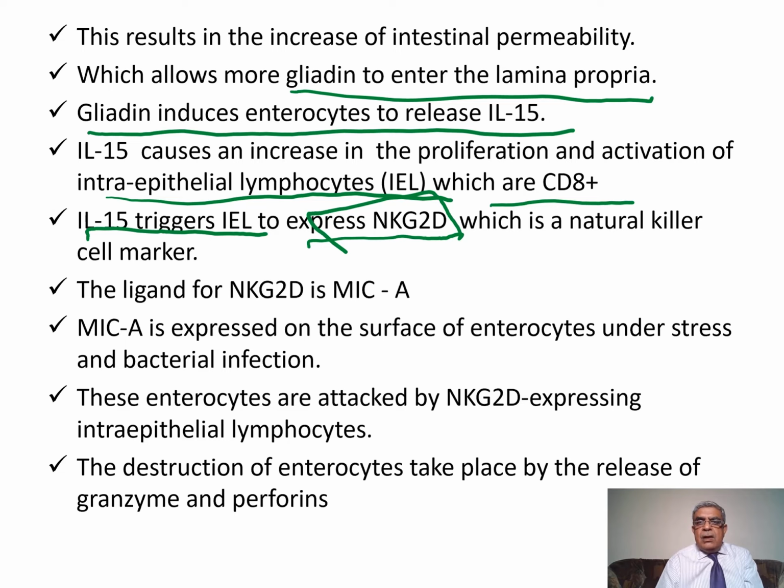First, the intestinal permeability is increased by the breaking down of the tight junctions. More gliadin enters the lamina propria. Gliadin induces enterocytes to release interleukin 15. Interleukin 15 causes an increase in the proliferation and activation of intraepithelial lymphocytes, which are CD8 positive, and also